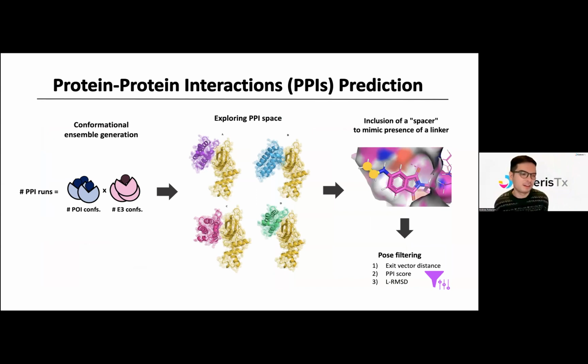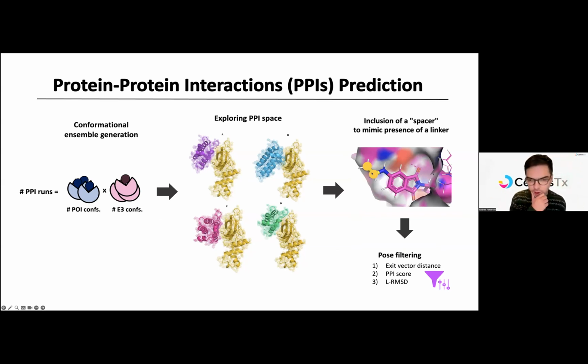Once you have those prepared conformations, you're going to run protein-protein interaction prediction. I've said here on the slide a number of protein of interest conformers and E3 ligase conformers. This can range from, let's say, 5 to 20, depending on the protein, how much conformational flexibility there is, and how much time you have. But remember, this will be combinatorial, so it's running every protein of interest conformer against every E3 ligase conformer, exploring the E3 space within those conformers, generating different poses. And then, just to note, when we do that